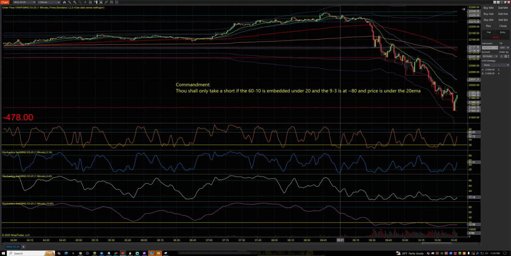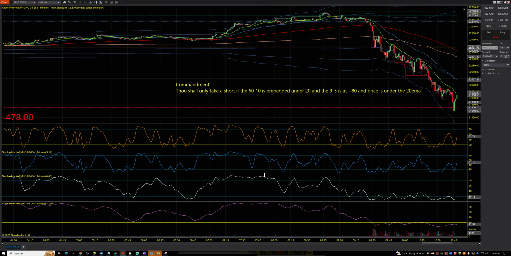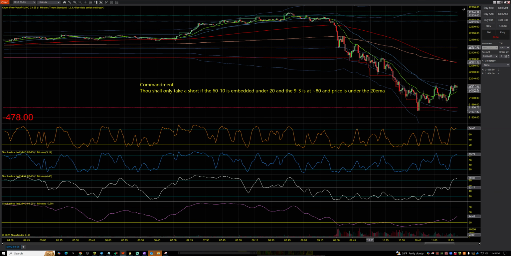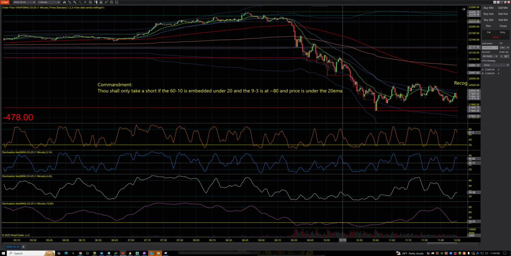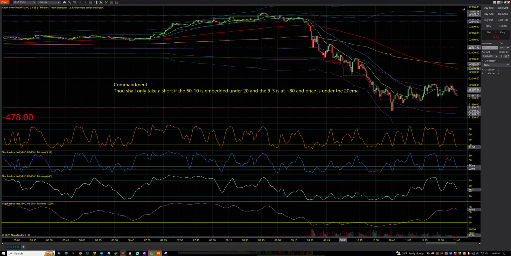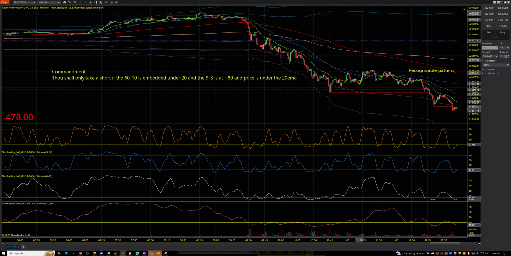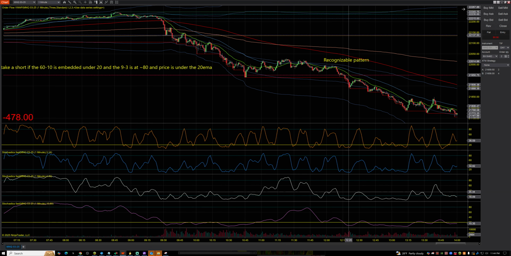In this case, it was a Friday. It was options expiration. I think there was some news, but we broke down through some major levels and started selling off. When we start to see that sell-off, and we're kind of stuck down here, whenever you're in a commandment: thou shalt only take a short if the 60-10 is embedded under 20 and the 9.3 is at approximately 80 and the price is under the 20. So the shorts that come into play,